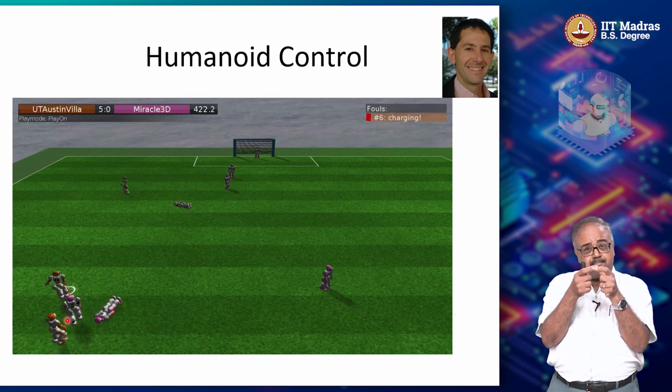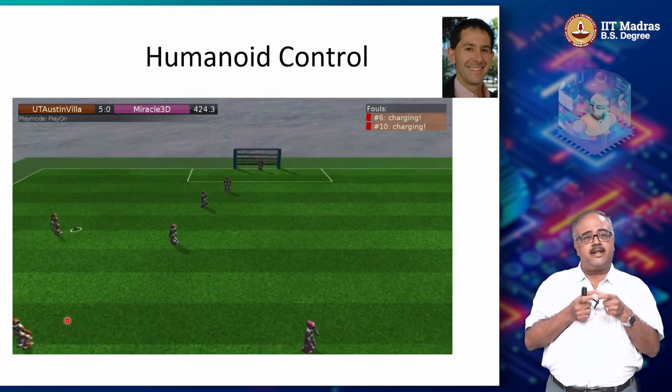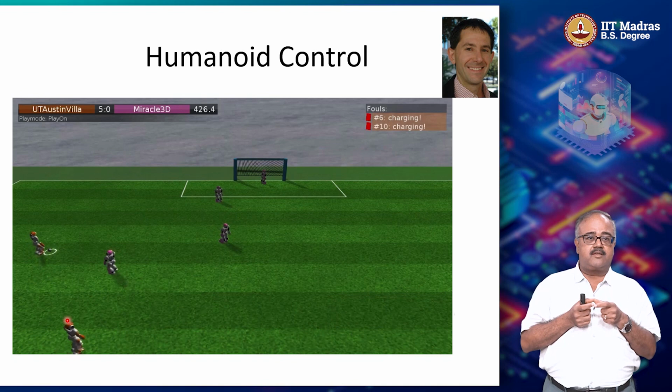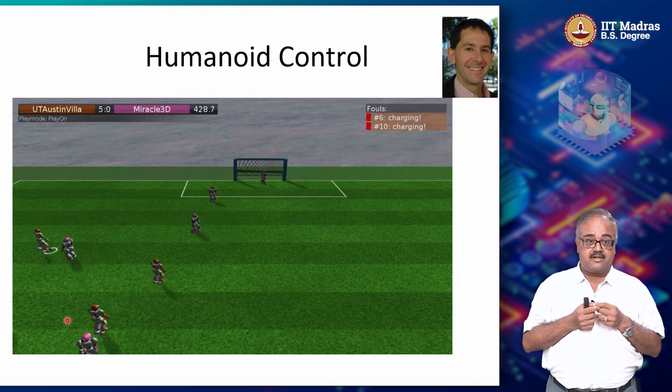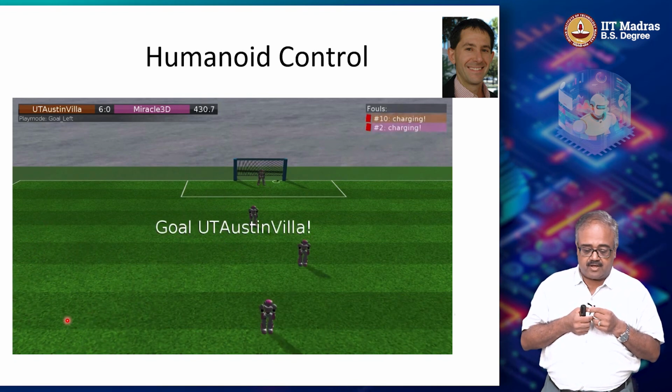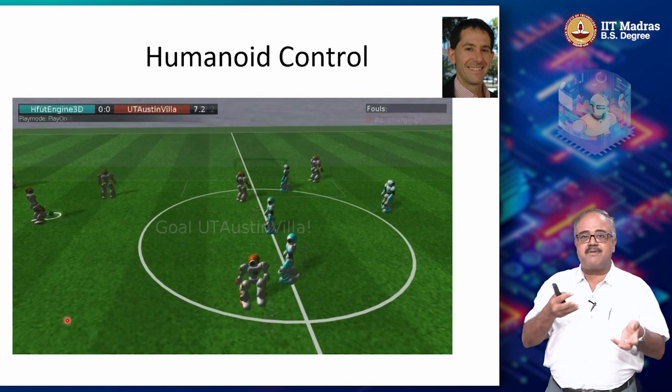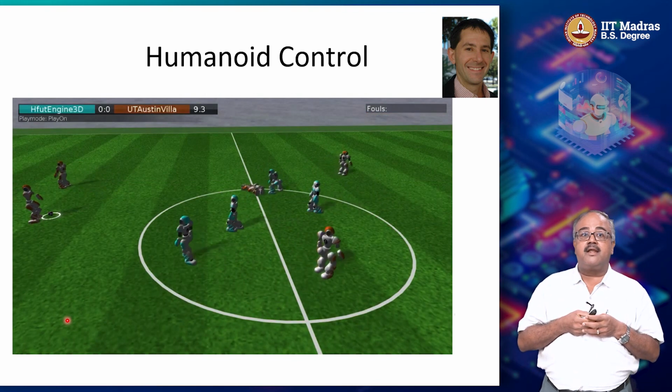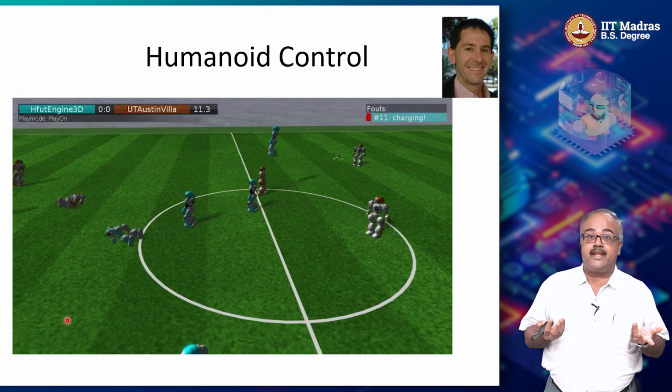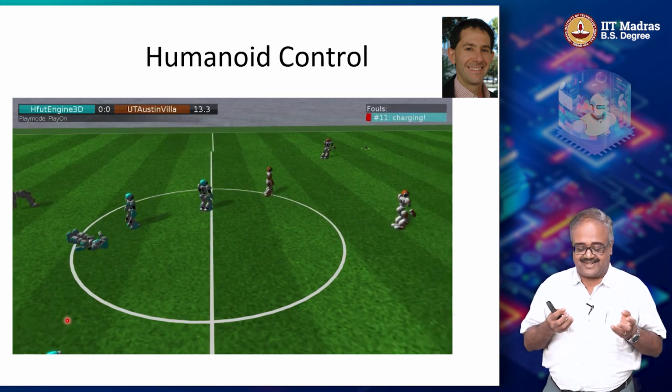So they pulled that problem alone out and made a reinforcement learning agent learn how to kick the ball, and you can see the results here. It's amazingly good at kicking the ball, and it wins with very embarrassing score lines. At the end of the tournament, Austin had scored something like 88 goals. So it's embarrassing.